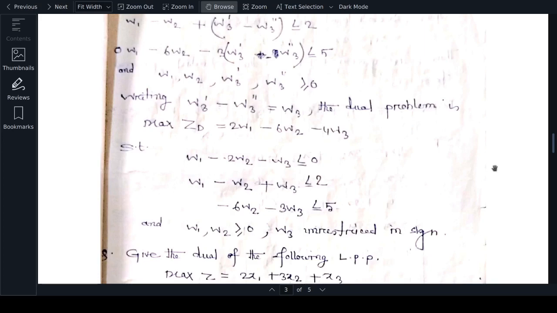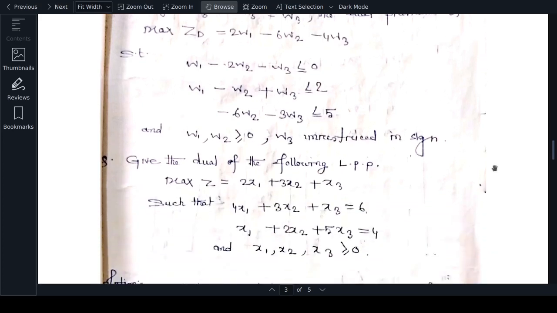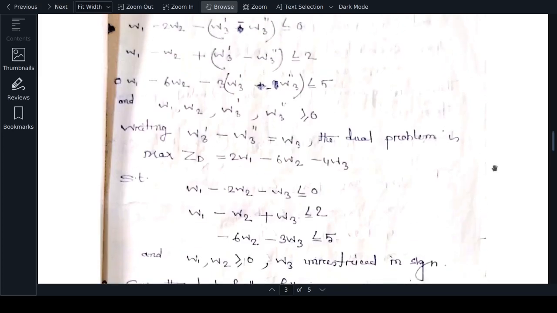So, is this one clear? Yes, sir. Yes, sir. Ishita? Yes, sir. Okay. Roshni, is this problem clear? Here you see,